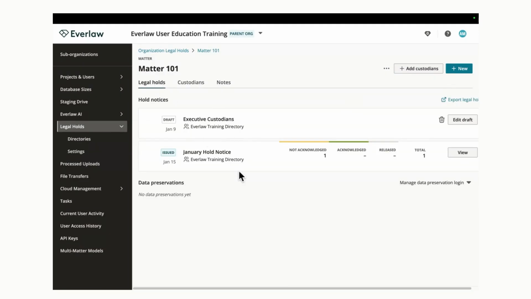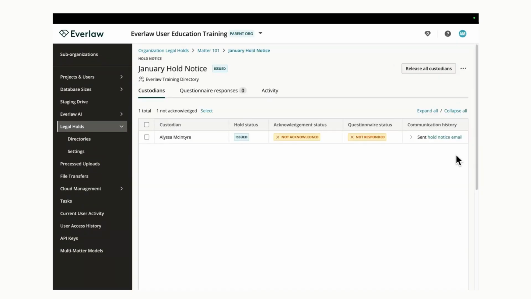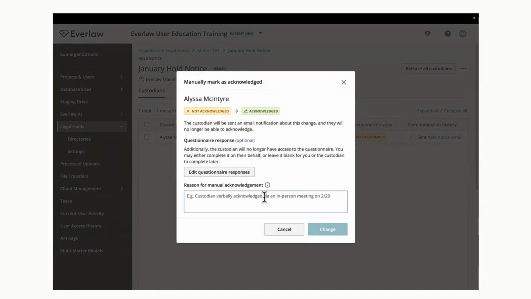For folks who are managing active holds, here's an example of one that's been issued, and we've added an important administrative capability here. You can now manually update a custodian's acknowledgement status. We can see here that this one's been sent out, but it has not been acknowledged. This can be helpful, say, if someone has confirmed verbally, or maybe they signed a form but didn't click the email link. So you can click into this notice. We'll see here, this has not been acknowledged, but let's imagine that for today, this person had confirmed verbally. We can click into this little pencil icon now, and